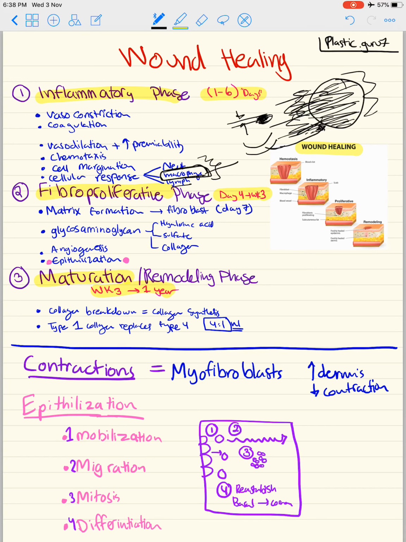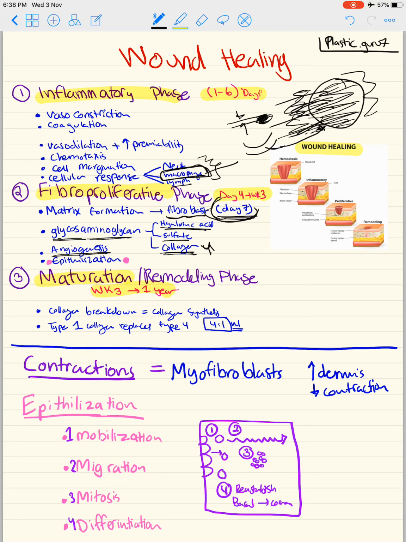What will happen is that we have to have cells that will close it. This matrix is created by the fibroblasts, which have the key day in the fibroblastic proliferation, day 7, usually the 7th day from the wound that was caused. And then we have the glycosaminoglycans, which are also elements of the wound matrix, and these are basically the collagen, which is collagen type 4, hyaluronic acid, and the sulfate family. And also we have new blood vessels that will be created via angiogenesis, and these new blood vessels are from